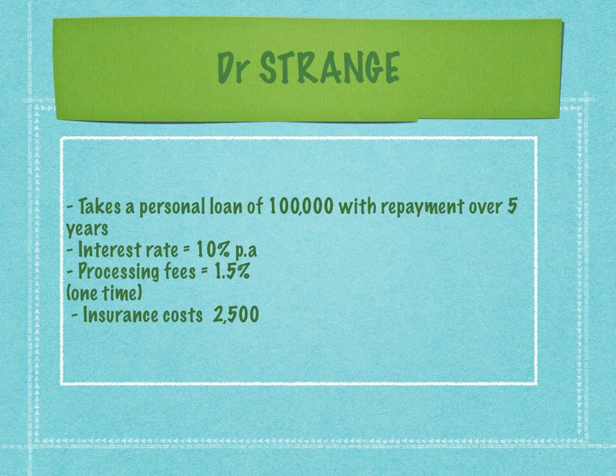The next cost that is added to this is the insurance costs, which is mentioned over here as 2,500. Insurance by its very nature is an annual expenditure. So even though nothing is mentioned over here, insurance costs will be tabulated as annual expenditure. So from these three expenses, that is interest rate, processing fees and insurance costs, two of them are recurring in nature, that is interest and insurance. One of them is only a one-time expenditure, that is processing fees. Using this data, we will calculate the APR, or the annual percentage rate.